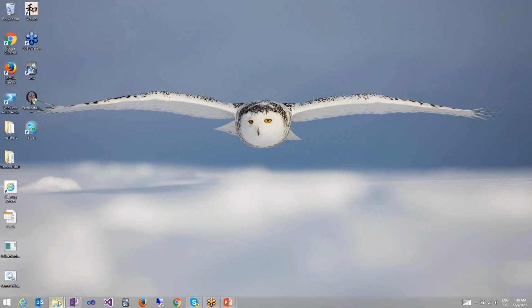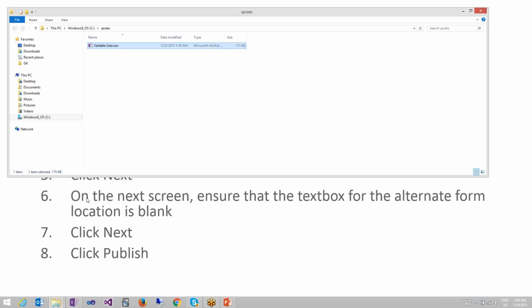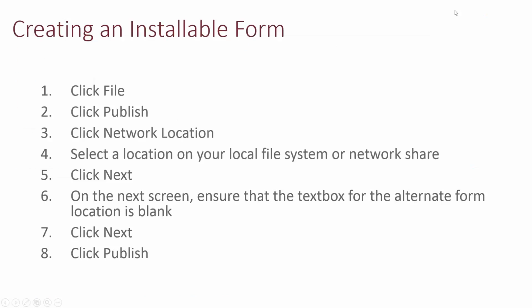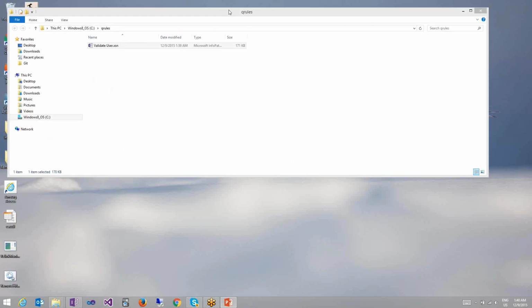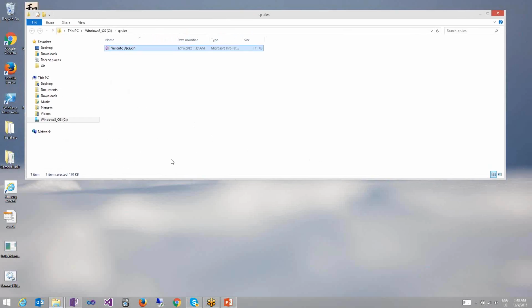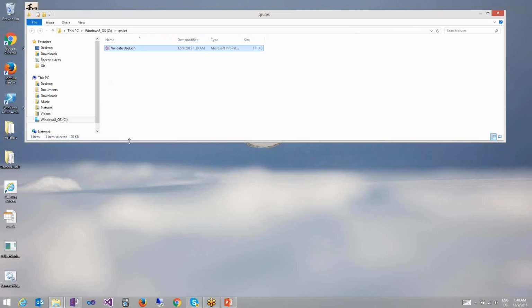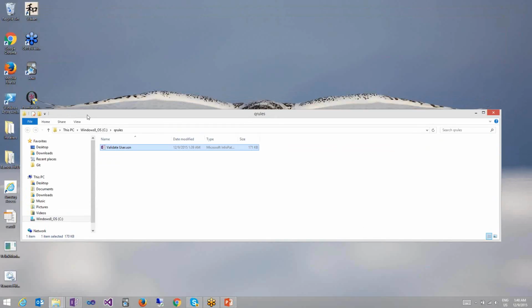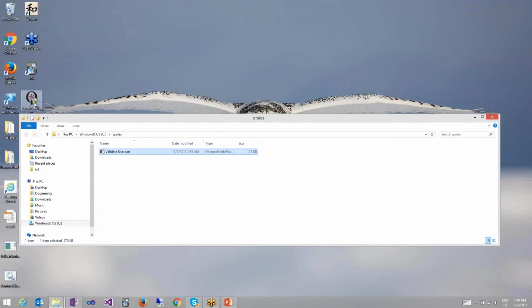So I have this folder here. I need to close PowerPoint. And what we see here is that I have this form installer utility right here.